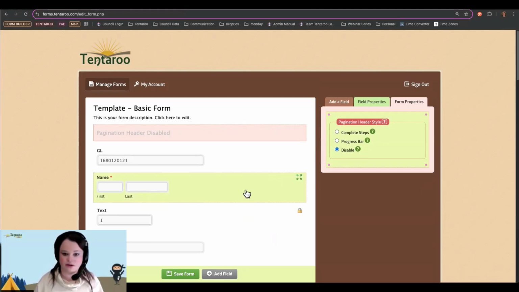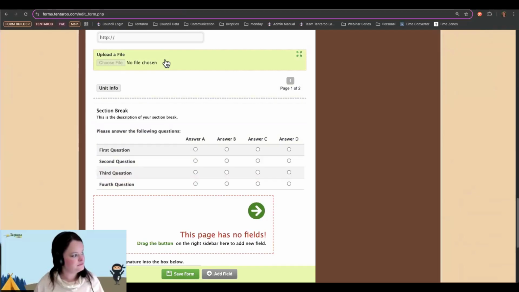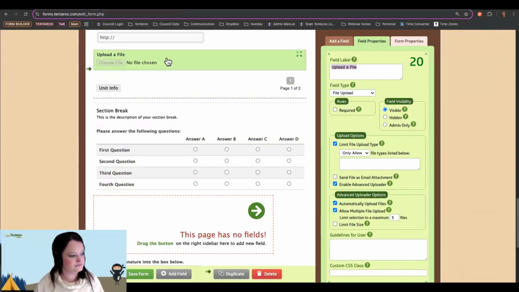Okay, those are all the fields. Annika, real quick, can you go back to the upload? Oh, sure. There is an option here to send the file as an email attachment. Oh, so if you check that off,